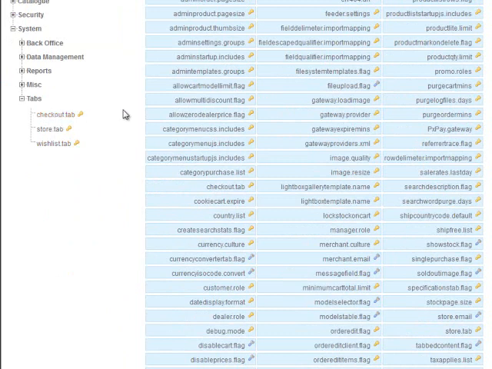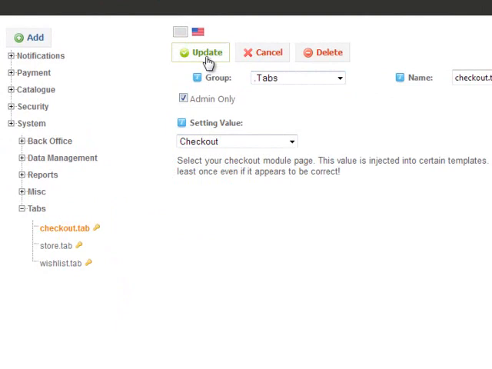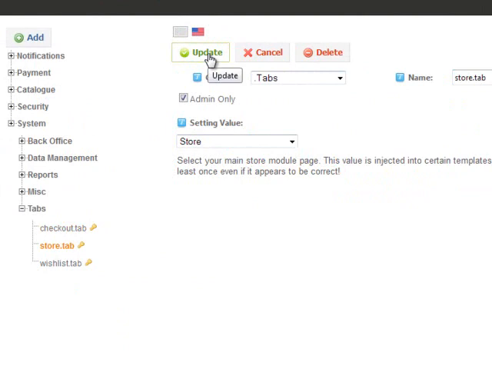Checkout is going to go to the Checkout page. Click Update. Store tab, is that loaded? You can always check there. Store tab is going to go to the Store page, Update,